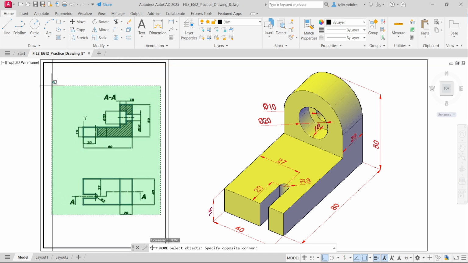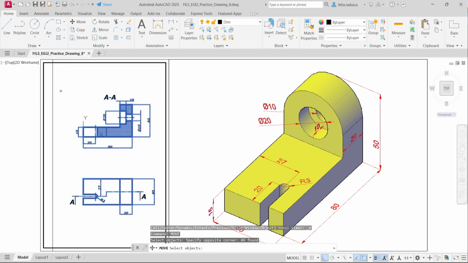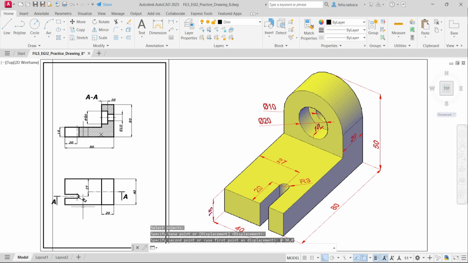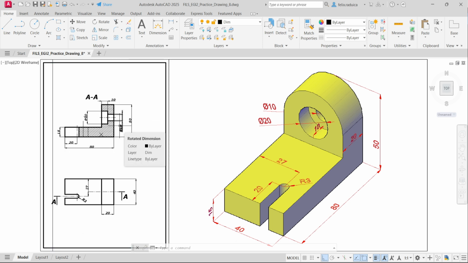So we'll select everything with a bounding box like that and tap enter. Select this as the base point and write from the keyboard at -30,0 and tap enter. So we can make room for the other rectangle. And now go to the